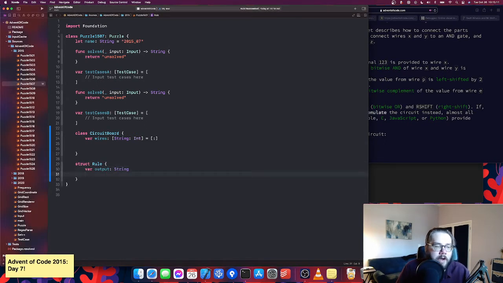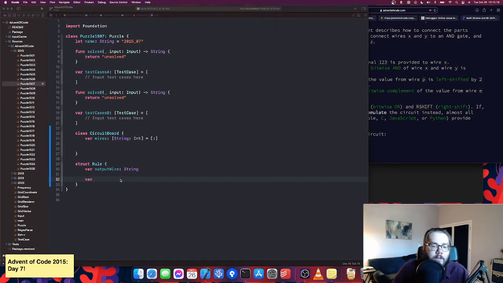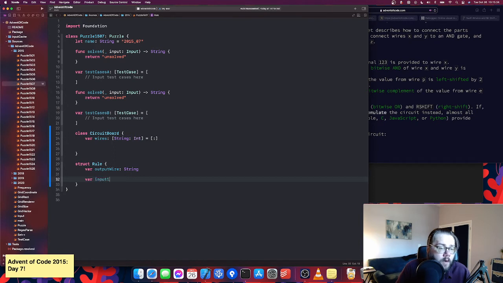It's going to be the output wire. Okay. And we have var x and y, so we're going to have input 1. Oh, wait a second. Let's do, can we do an enum of operator? And it'll either be case... Okay, yeah, I got it. It'll be case of